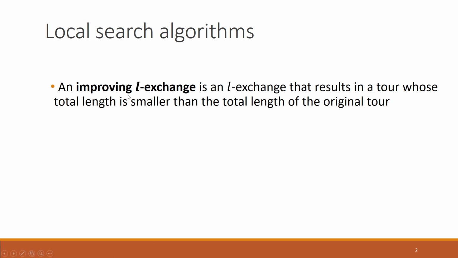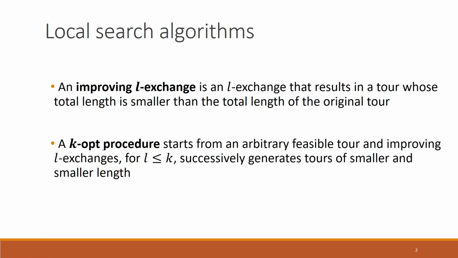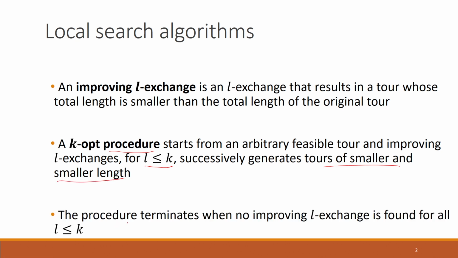An improving L exchange is an L exchange that results in a tour whose total length is smaller than the total length of the original tour. And a K-opt procedure starts from an arbitrary feasible tour and successively does various L exchanges such that L is less than or equal to K, so that it keeps generating tours of smaller and smaller length. This procedure terminates when no improving L exchange is found for all L less than or equal to